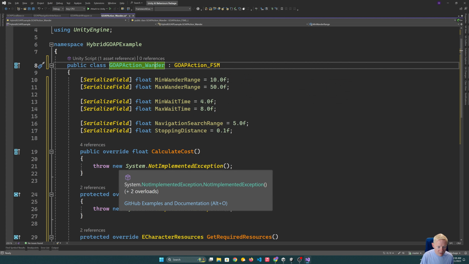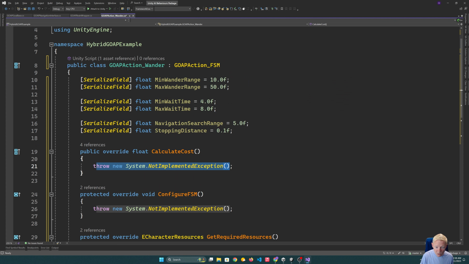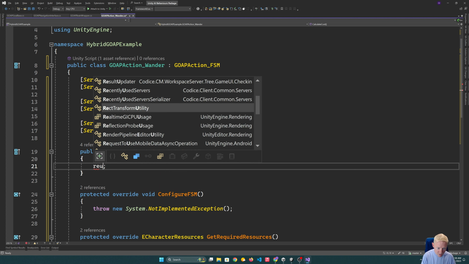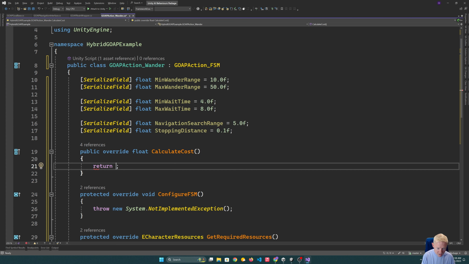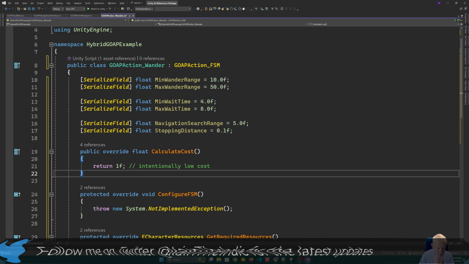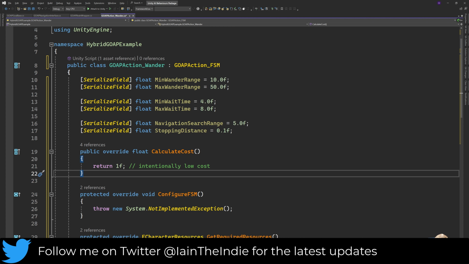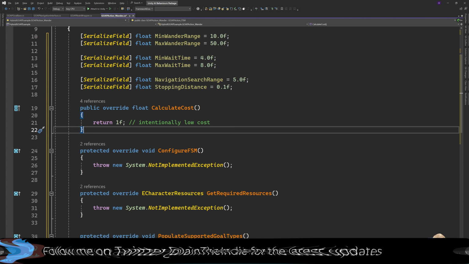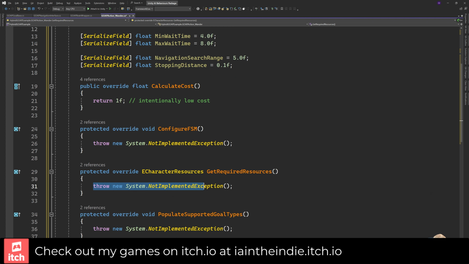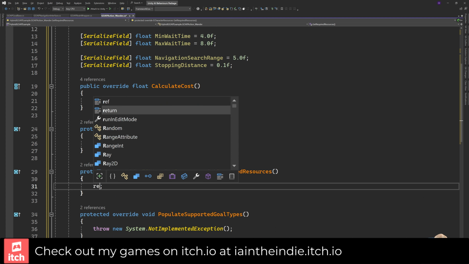Now, for the cost, I'm just going to always return a fixed value. Again, Wander should be a pretty low cost. It shouldn't be free because it's not free, but it is an intentionally low cost. We could make it 0, but I think we want to keep idle at that threshold below it. Resources-wise,